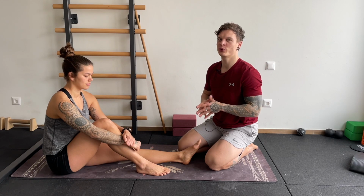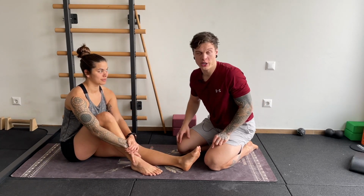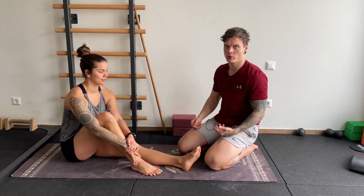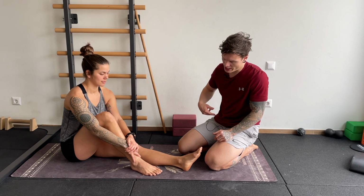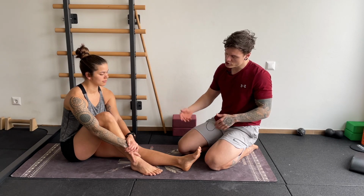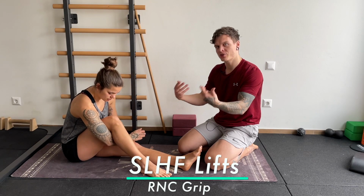So guys, the second part to improve your standing pike is compression work. So active work of your hip flexors, of your regressive side. So this is the closing angle side of your compression work of your standing pike. And we have to just have strong hip flexors in order to get a more open stretch reflex for the hamstrings. So in this case, we are going to show you the RNC grip straight leg hip flexion